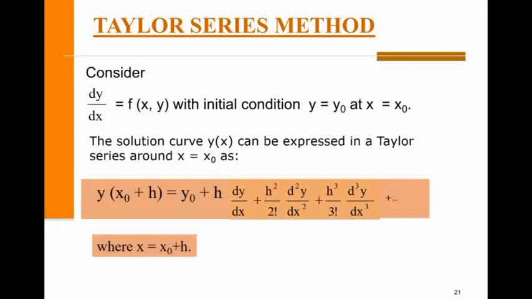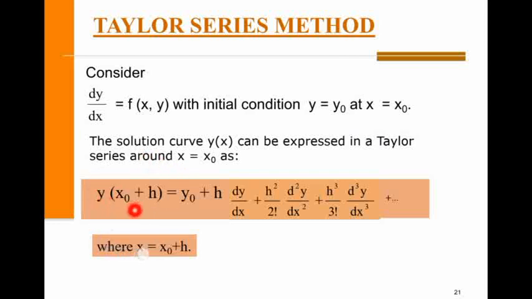Now you know, in your previous classes, earlier in plus 2 as well as in BTech first year semester 1, where you have learned calculus, what is Taylor series. Taylor series is the approximation of the values near to the values that we know. So in this method, y is given to you at x naught. Now x1 is the neighboring value of x naught at a step size of h. So we can calculate the value of y at this neighboring point x naught plus h